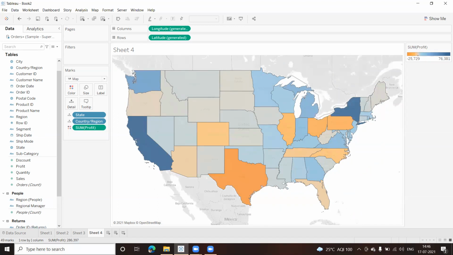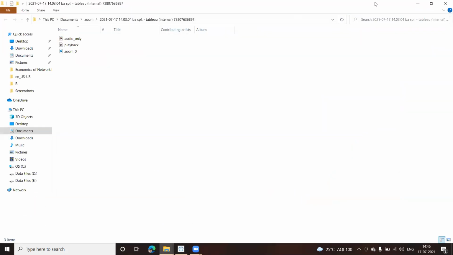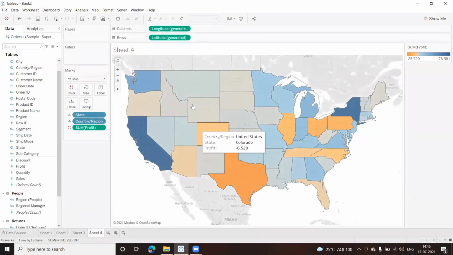The darker blue colors: this one, California. This one here, New York. Even a bit this one, but not to that great extent. So New York and California are giving me the highest profit. Which are the states which are giving me losses? This is the one, Texas, which is giving me the highest loss. The other colors will give me other values. The lighter the color, it goes from darker blue to lighter, and as soon as it enters orange, those are the negative values.